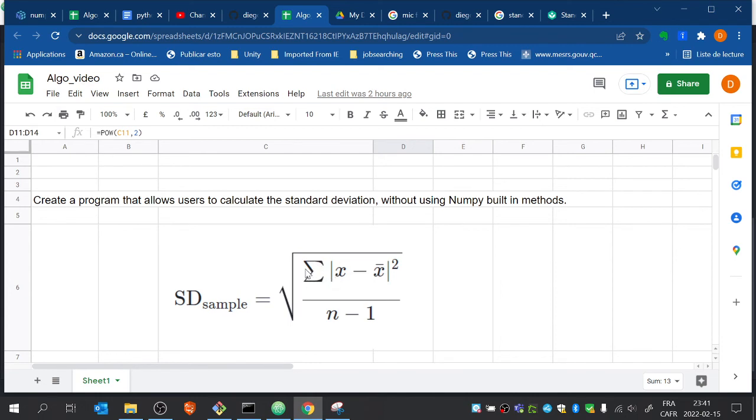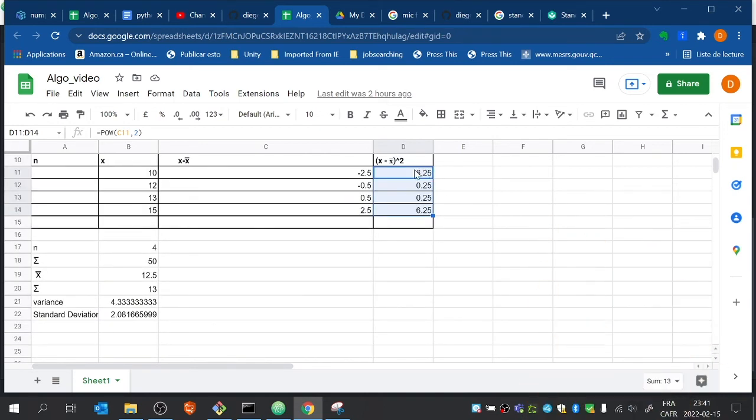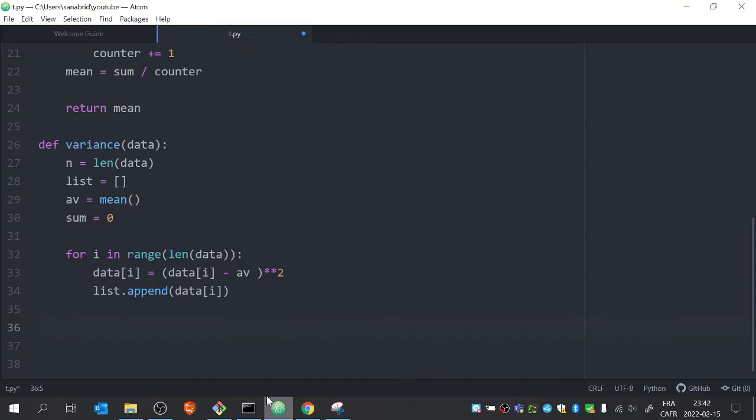So we're going to do this part. We already have those numbers, those right here, and then we need to calculate the total of this. So it's this one right here. So let's do this in another for. So we can do for i in list. That list is this variable right here. You can see it in line 28. That list, don't forget to put the colon,